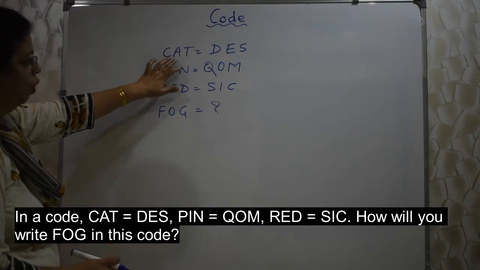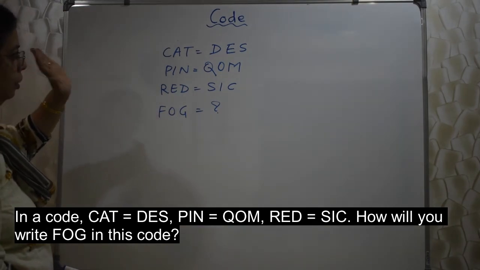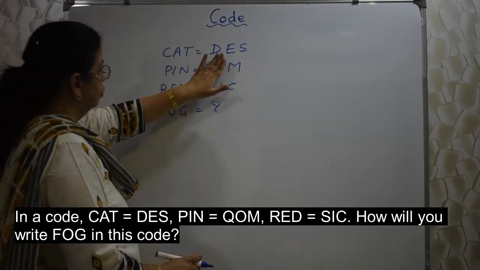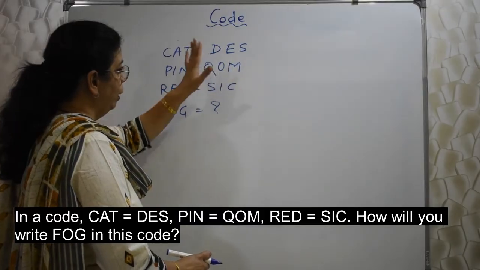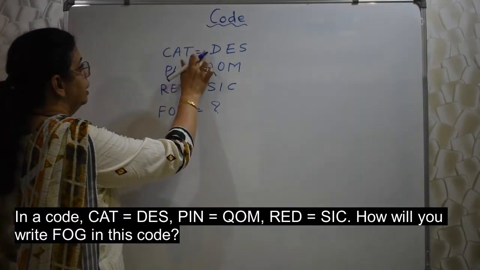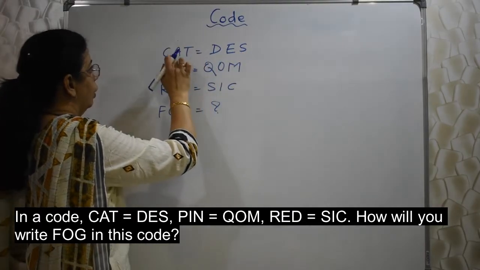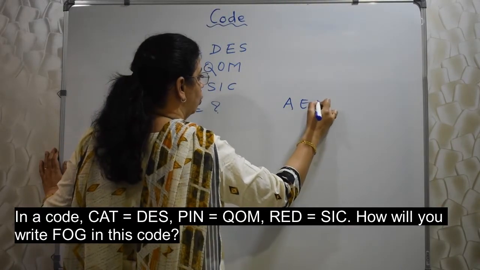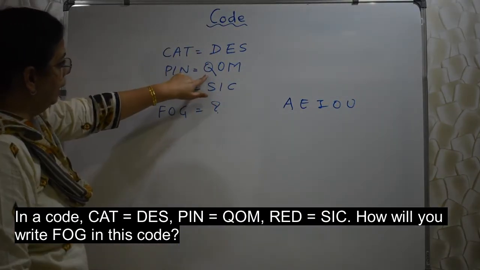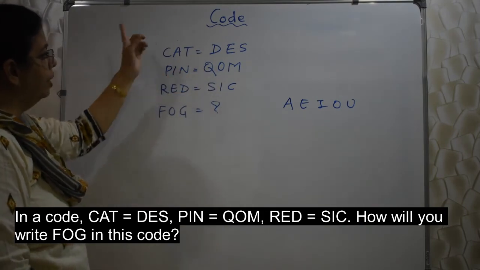See, whenever vowels are there, you need to be a little more alert whether a vowel is related only to a vowel, or a vowel is related to a consonant as well. You need to be a little more careful, right? Now we'll see what happened to C. For C the next letter is taken, D, for T the previous letter is taken, S, and for A, A E I O U, the next vowel is taken. So the next letter for the first, the next vowel for the second, and the previous letter for the last.